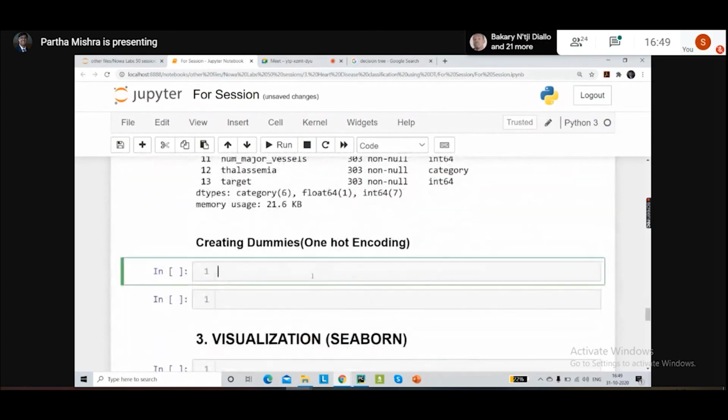Now the reason why we converted all of this into categories is because we want to take the help of one hot encoding and convert this entire data into the right format. Because in machine learning, always remember that the machine learning algorithm takes the data in the form of numbers.